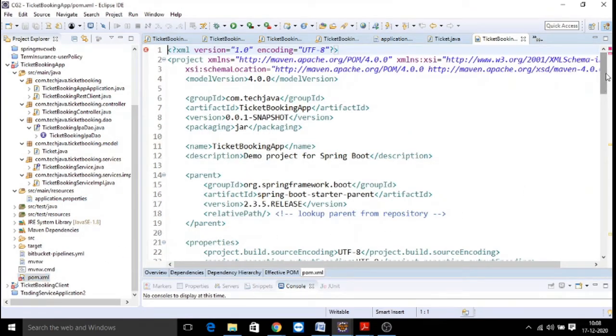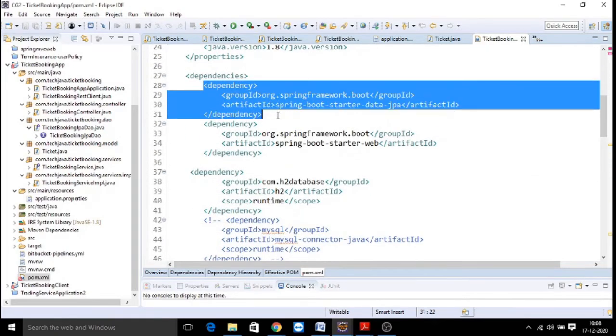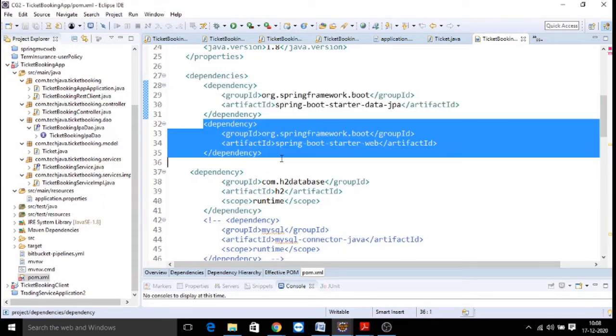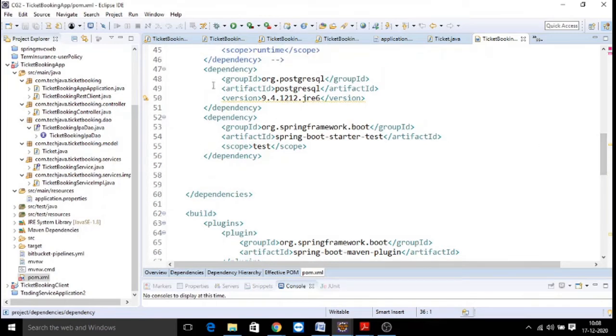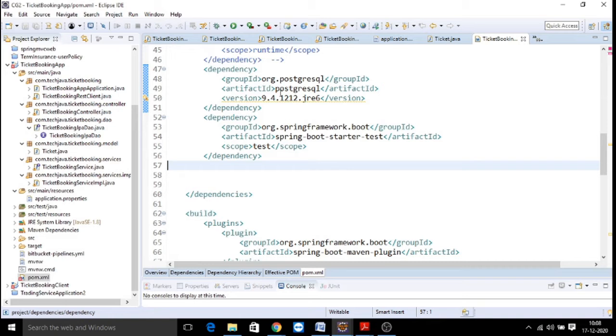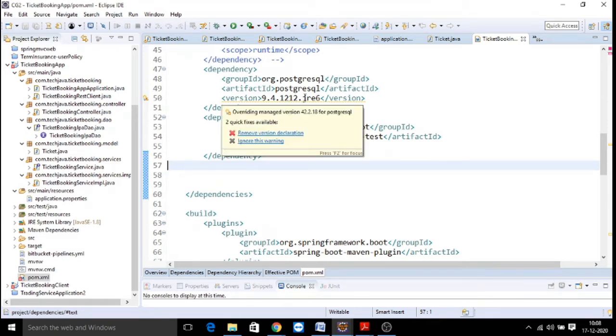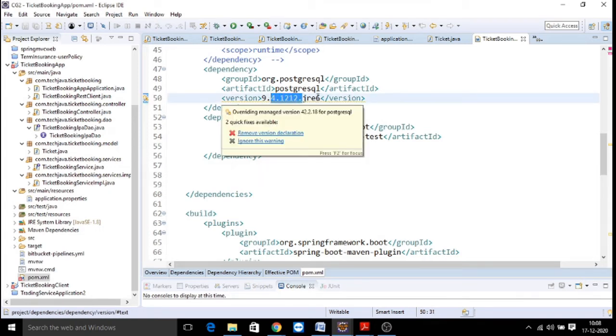Apart from your Spring Boot starter parent, you need an additional dependency called Spring Boot Starter Data JPA. Web as usual we need. And one more database-related dependency, which is Postgres. The Postgres dependency depends on the version you have installed in your system. It could be a more advanced version according to what you installed.